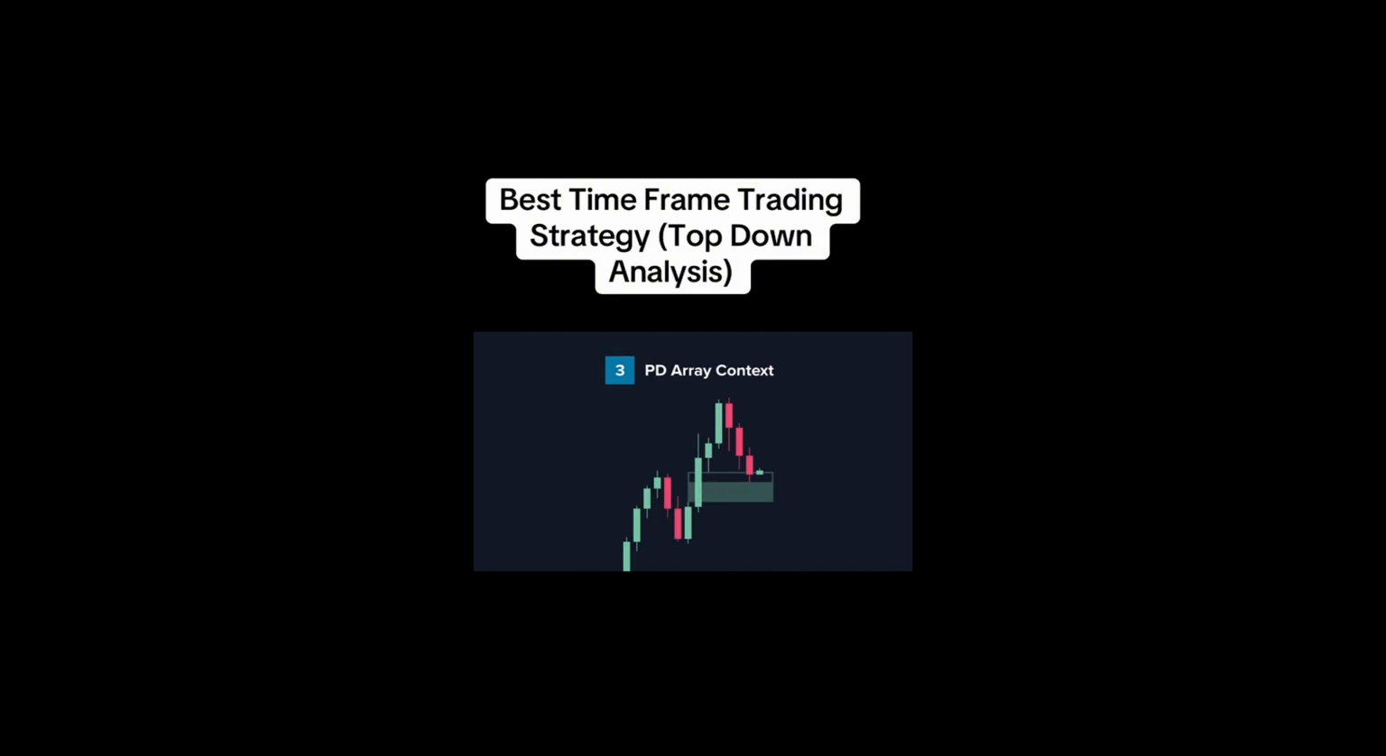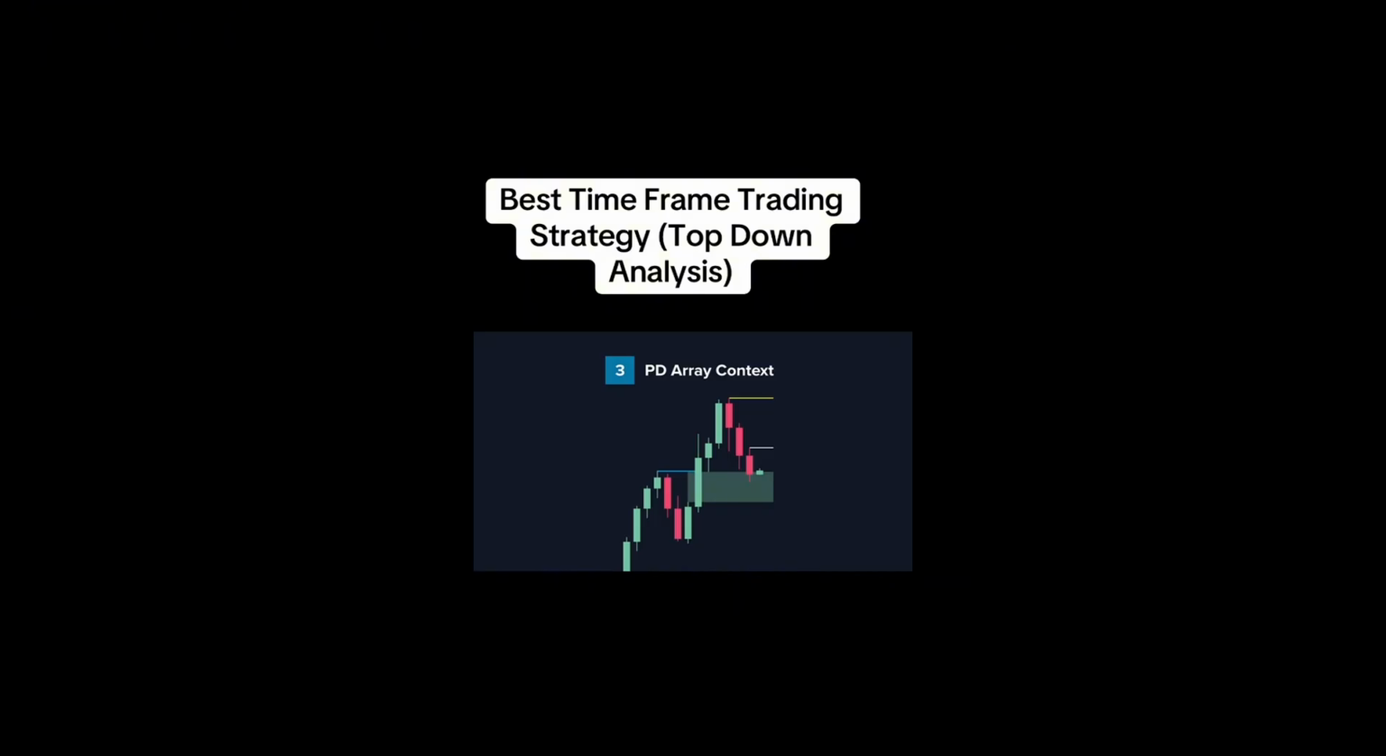next leg up. So with this idea in mind, the narrative that we can lean towards is that the next immediate PD array that will be targeted is the previous candle's high, and then from here, the move will push up to attack the upper external range liquidity level. So with this analysis, we have established a bullish directional bias, which tells us that we should be looking for